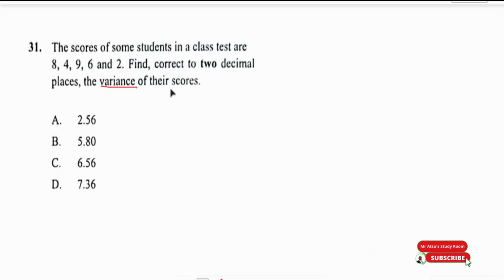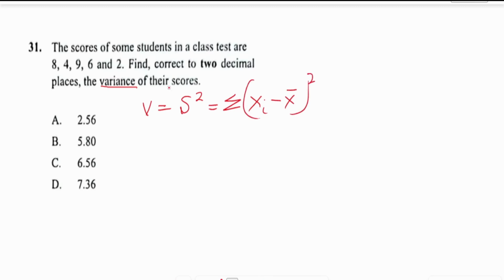Again, since this question involves a set or list of data and not a frequency table involving frequencies, the variance formula we are going to use will be V for variance equals the square of standard deviation, which equals sigma xi, for all x values minus the mean, all squared, summation of that all over n,